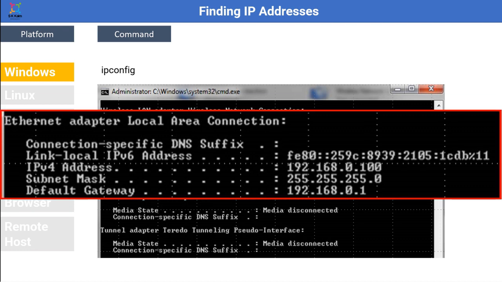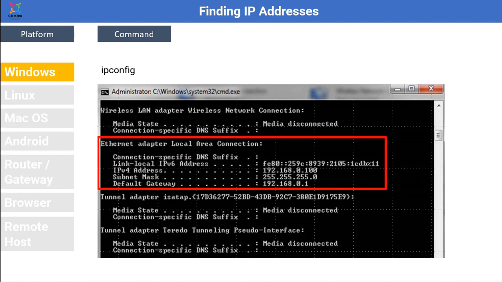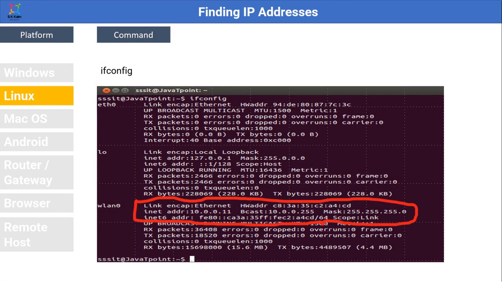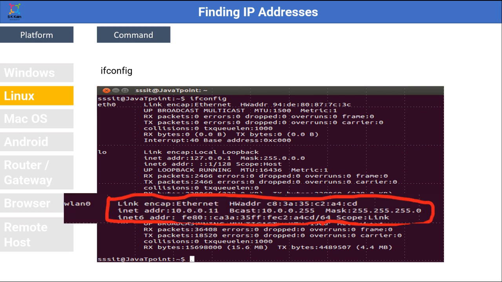All the requests passing from this host to the internet or other networks pass through this gateway only. In this case, the default gateway IP address is 192.168.0.1. Similarly, if you are using Linux systems, then you can use the similar command ifconfig. When you type this command on the terminal, you will get this output. Here it is showing the IP address of a WLAN0 interface,